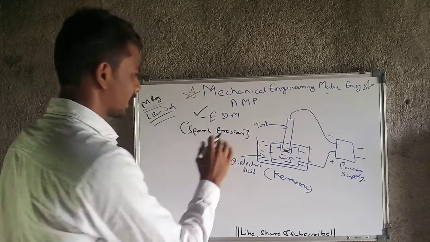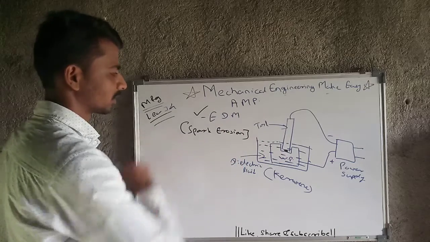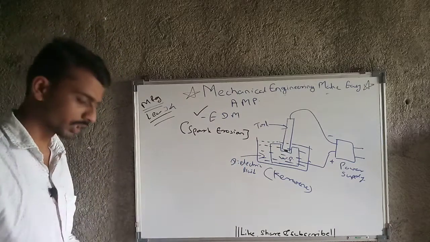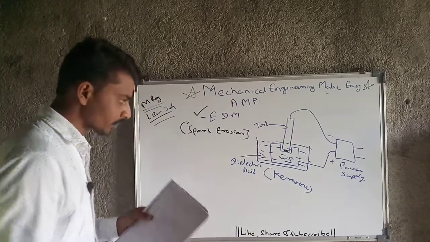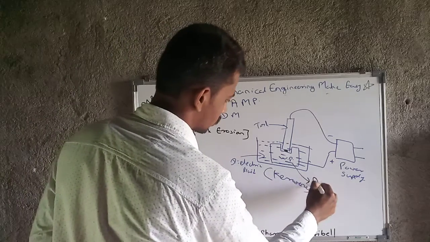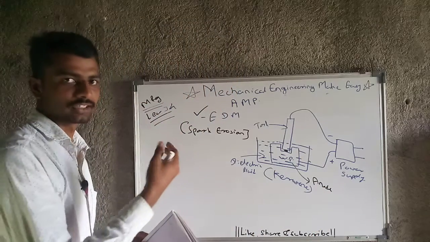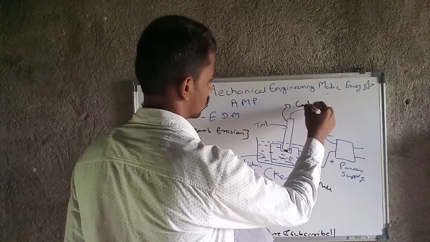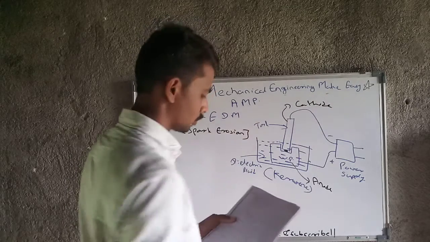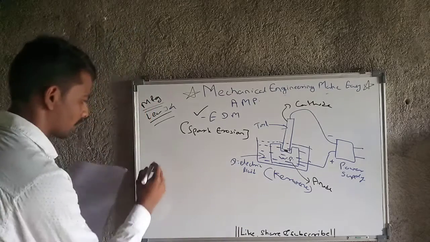What is the mechanism of that machining? That is nothing but spark erosion in case of electric discharge machining. Up till now all things are clear. Then we will move towards next parameters, like workpiece will act as anode. This is universal in case of welding also, that workpiece will be anode and tool will be cathode. Then energy release per spark.